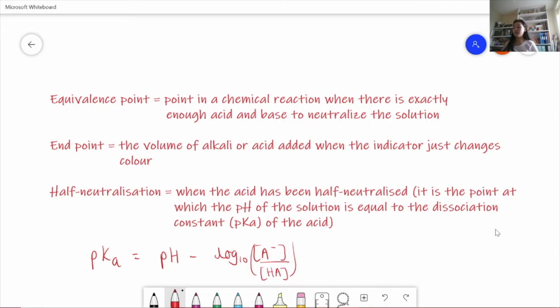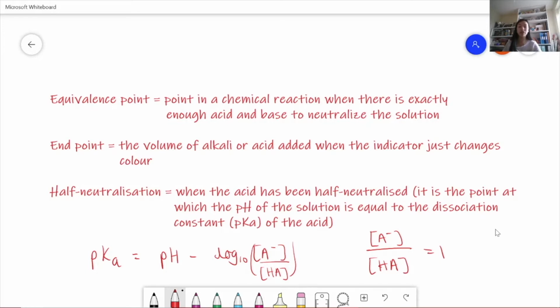Because of this, we know that the acid is exactly 50% dissociated when this ratio of concentration of A minus over the concentration of HA equals 1, and that's when we get the pKa is equal